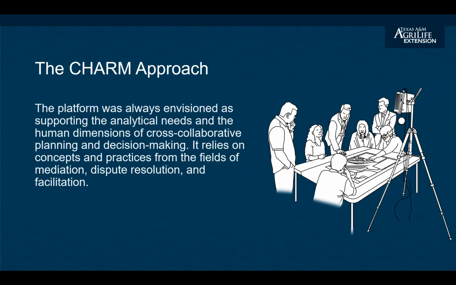So the CHARM approach, we've always envisioned as a dialogue for supporting the analytical needs and human dimensions of cross-collaborative planning. So the key word here for me is cross-collaboration. Oftentimes, participants, we think of collaboration as working with someone else on a team. We think of it as a synonym for professional teamwork. That's definitely true. Cross collaboration for me has an additional meaning where we're working with other teams outside of our team, people we don't normally work with, but we have to find some kind of agreement in terms of planning